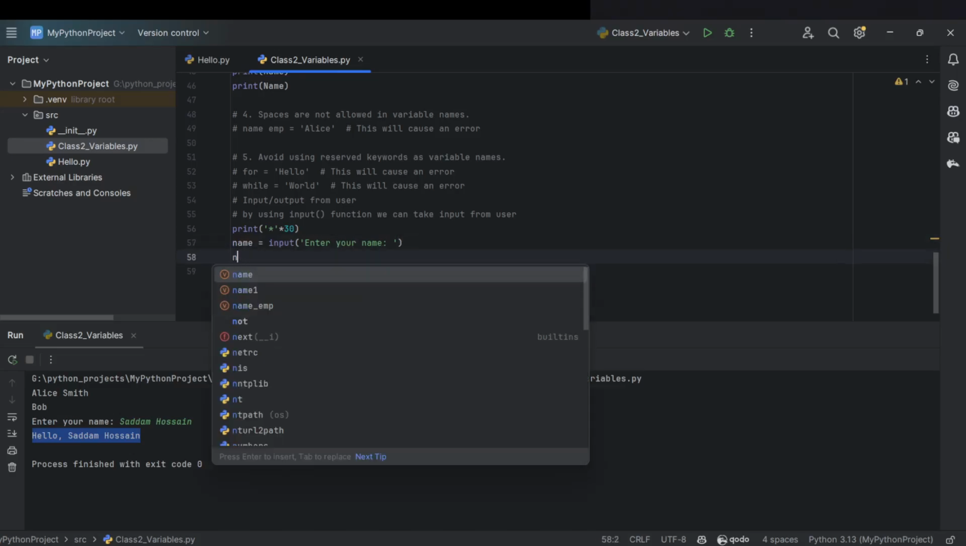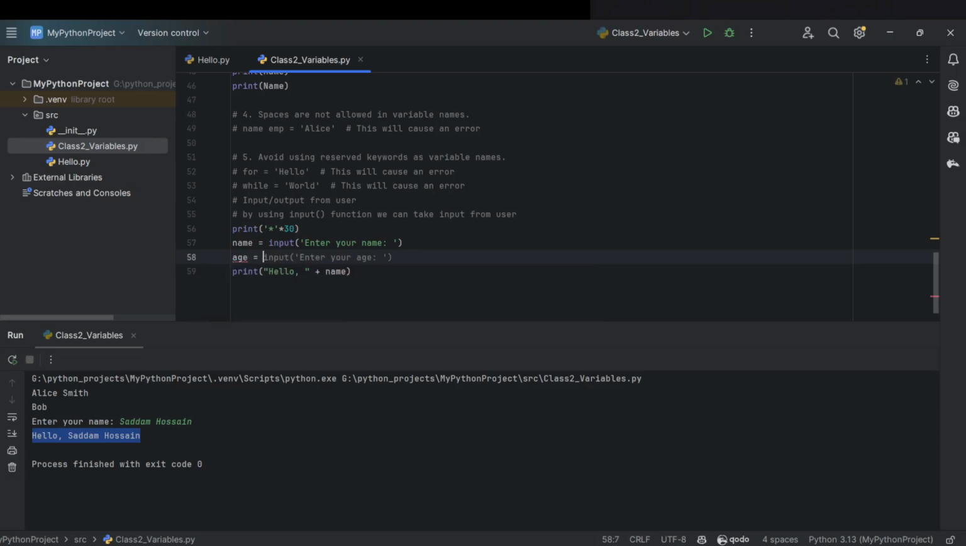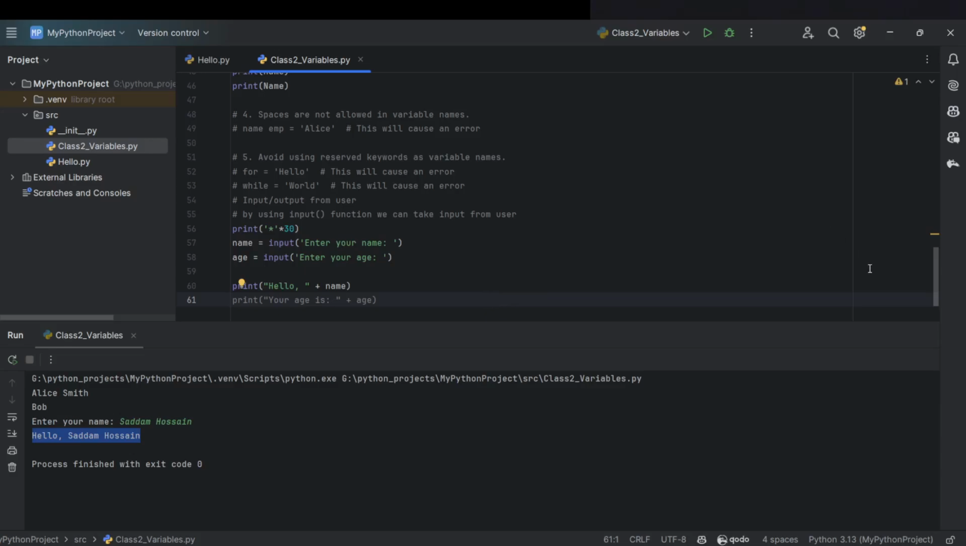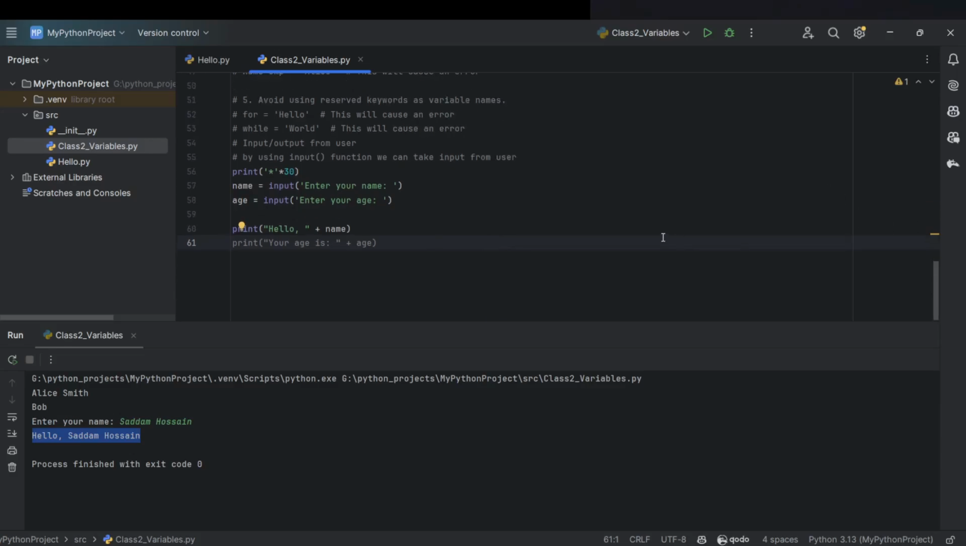So I can say is equal to input, enter your age, right? So whatever age the person enters will be displayed over here. Similarly, instead of just the name, I want to print both the parameters you have passed. So how can we do this? We can combine the print statement, and this way we can say hello, and then we can print